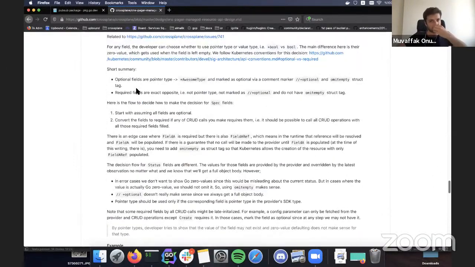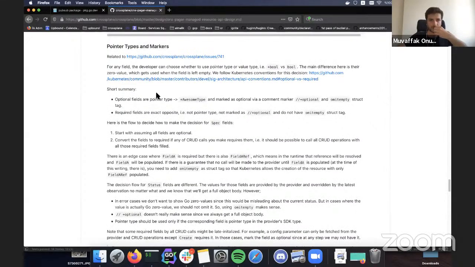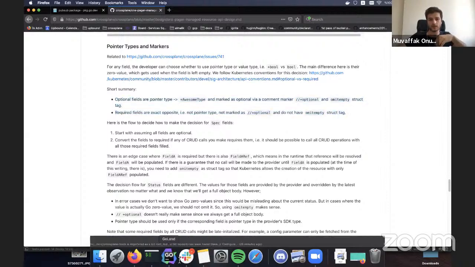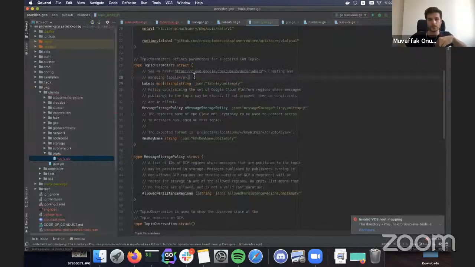There's a section on types and markers. That's how we decide whether a field is optional. How do you say it's an optional field, or how do you say it's immutable, or how do you say it's a required field? There's a short summary here, and I just apply them. So the labels are